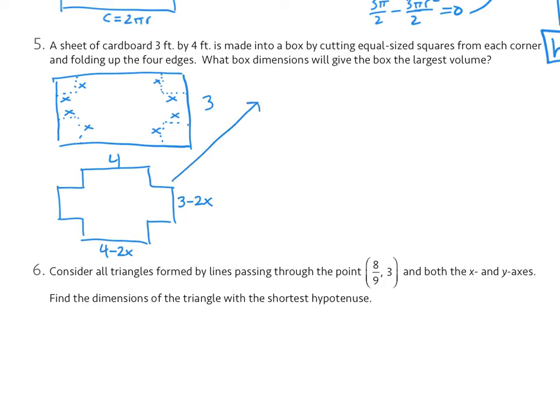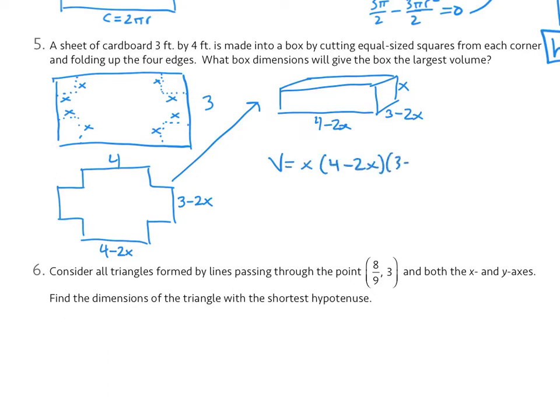If I form the box, it is now 4 minus 2x on this side, 3 minus 2x on that side, and the height is the same height as the size of those squares that you cut out. The volume of the box would be x times 4 minus 2x times 3 minus 2x,